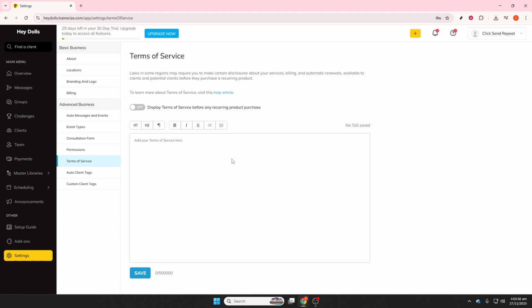Finally, preview your agreement. Click Preview to see it from the client's perspective. Check formatting, spacing, and readability on different screen sizes, and make sure required fields behave as intended. If anything looks off, return to Edit, Adjust, and Save. That's it. You've updated, secured, and shared your Trainerize agreement with